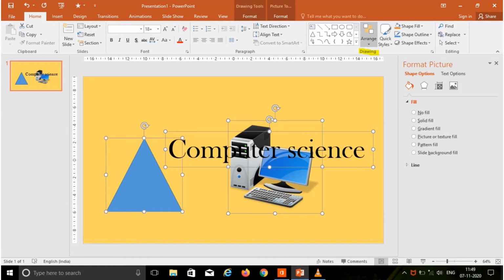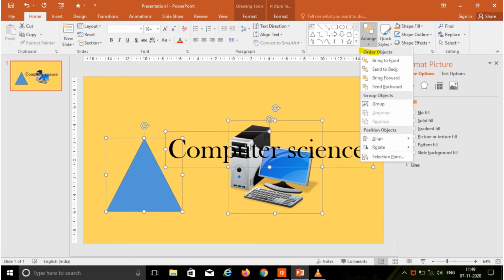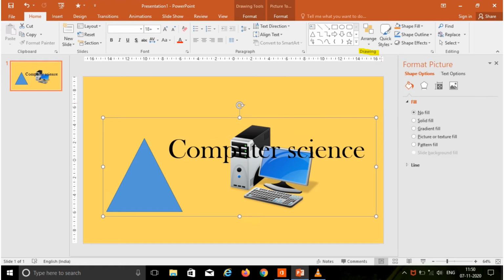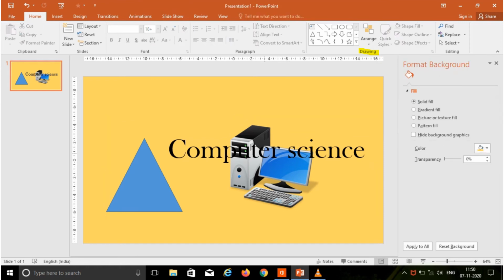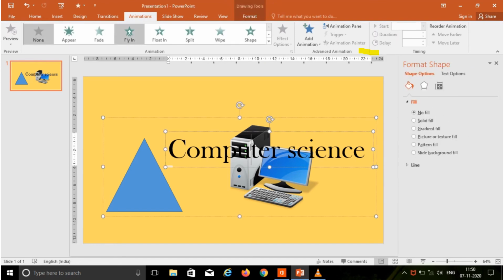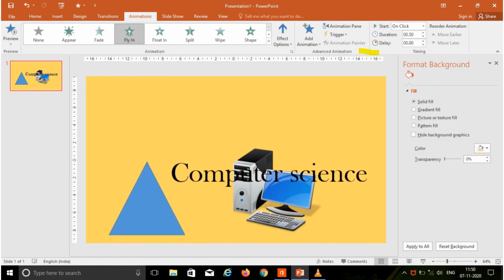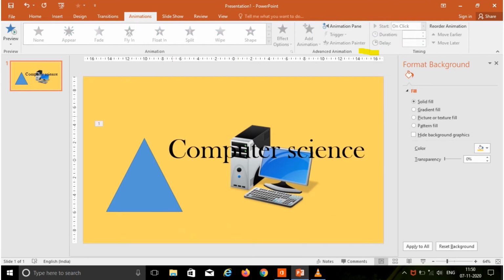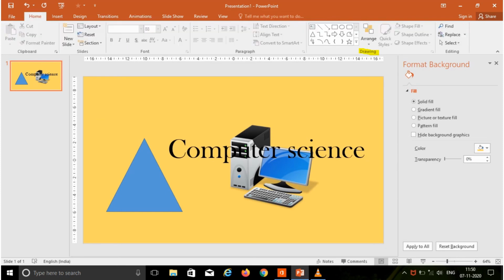After selecting them, click the down arrow in group objects and select group, which joins objects together to move and format them as if they were a single object. Now we are going to apply the animation to the object. Here I am choosing flying, so all the objects can be moved as a single object.